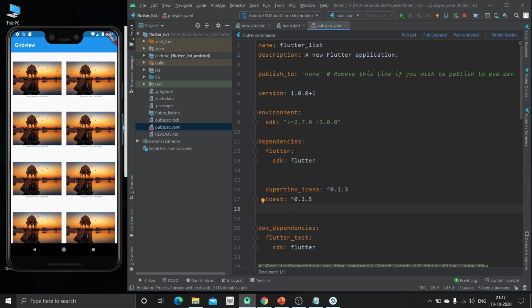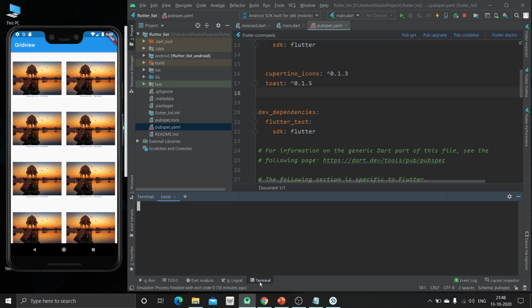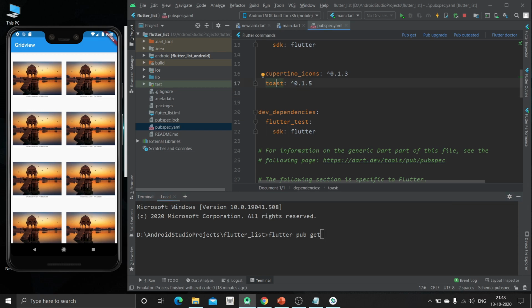Now after pasting this package, we can get this package by running this pub get, or we can write in the terminal flutter pub get. So it will get all the dependencies and all the functions that are available inside this toast package.